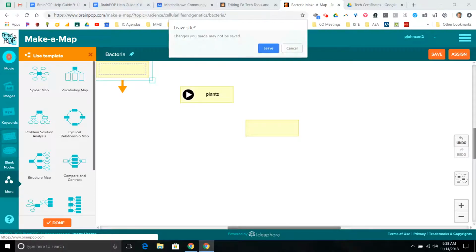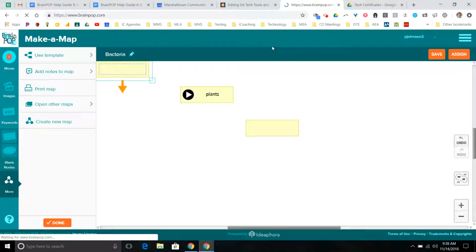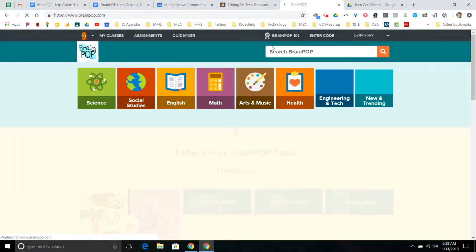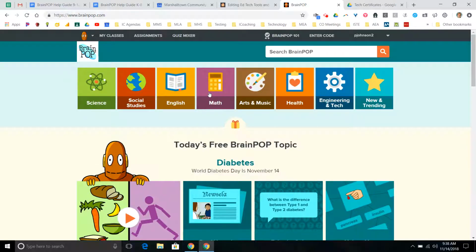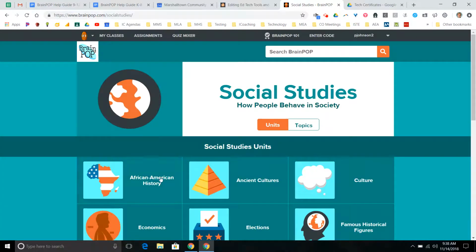So those are some things you can do with Make a Map. And always you have to save, otherwise it is gone. Another thing that is very interesting here about this whole